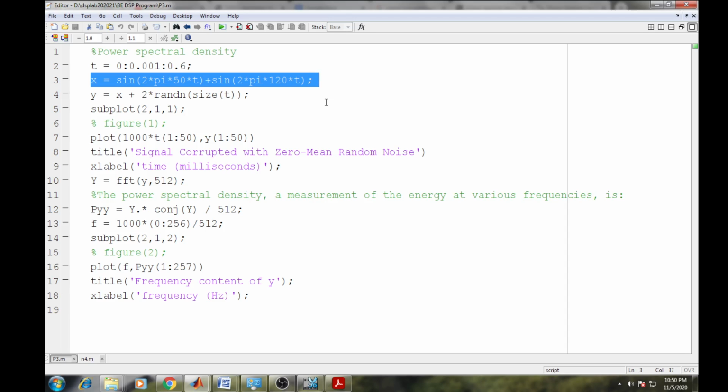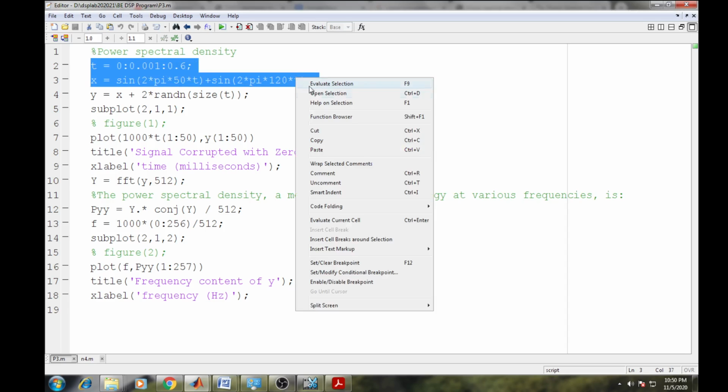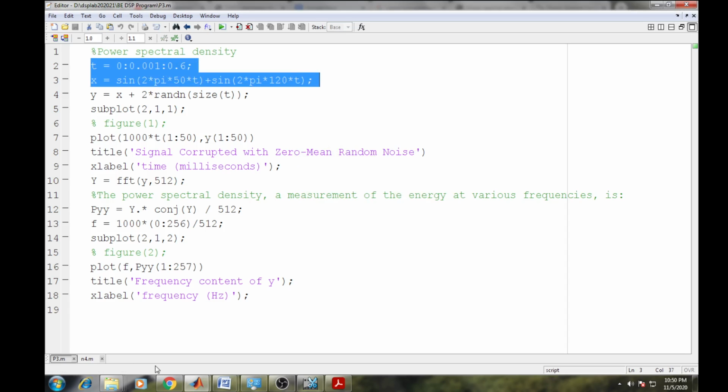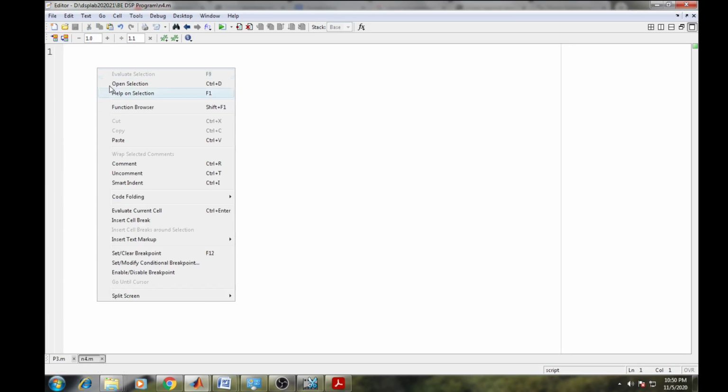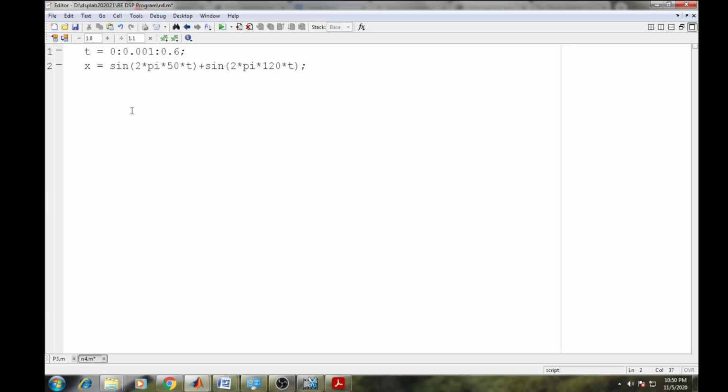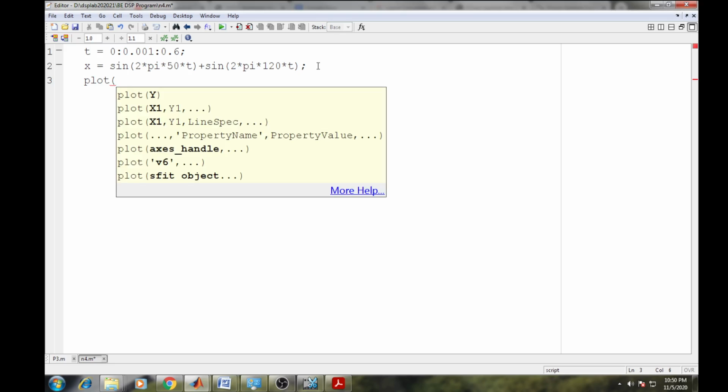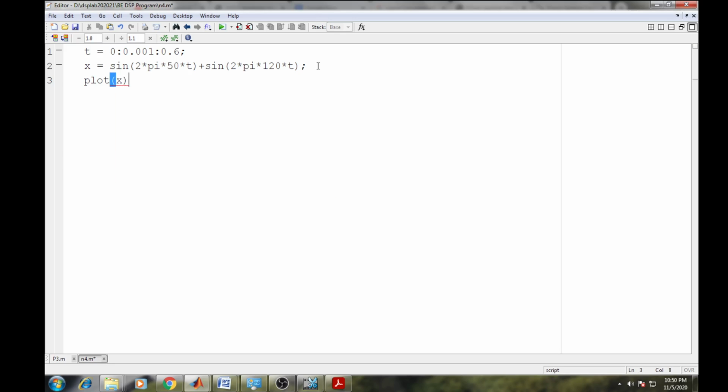You can observe it with the help of the plot function. I am showing you how you can plot it. I copy it and take a blank file, put it in that file and run it. But you will not observe anything. For observation you need the plot function, and with it you just write x.